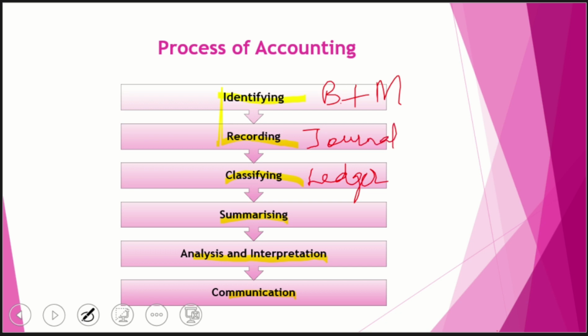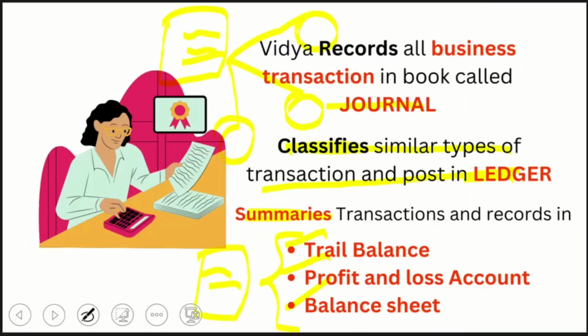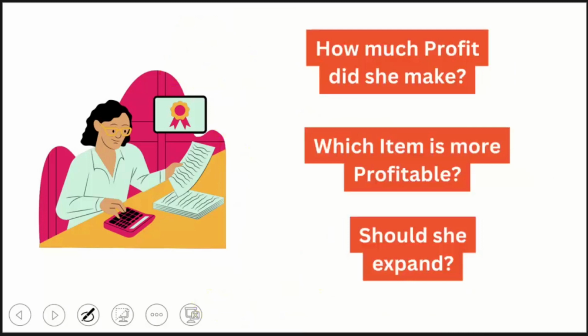Okay, next, summarizing. We understood that it is given in three financial statements as a report card of the business. Next we have analysis and interpretation. Here, let us take an example of a school student. At the end of the year, a report card is given to every student, and looking into that report card,